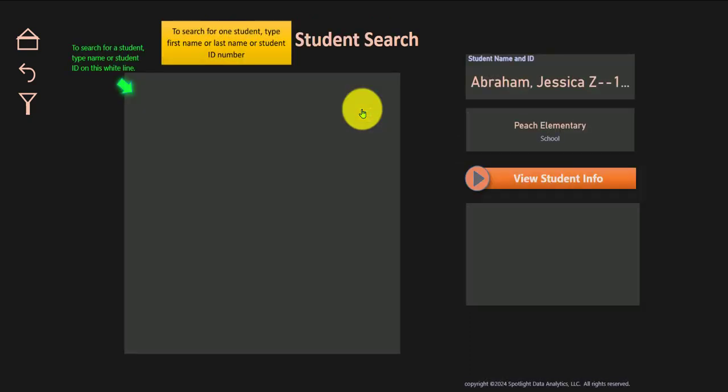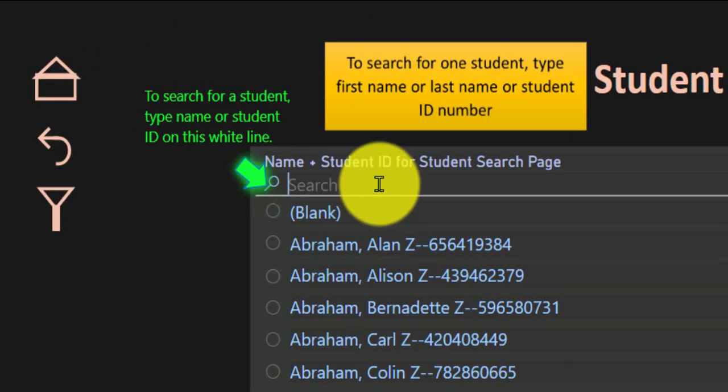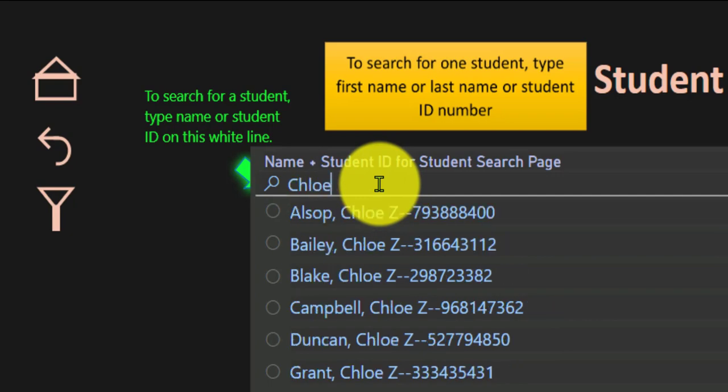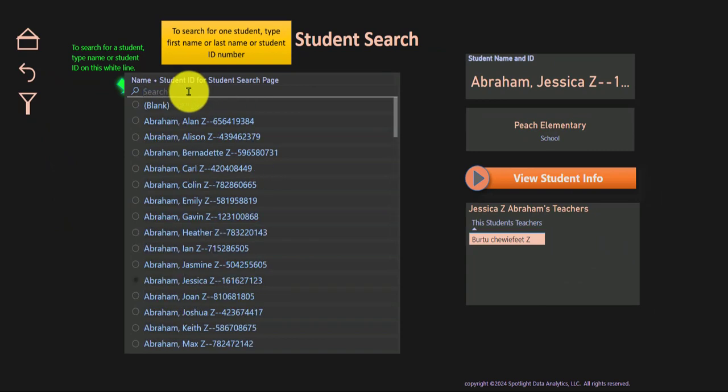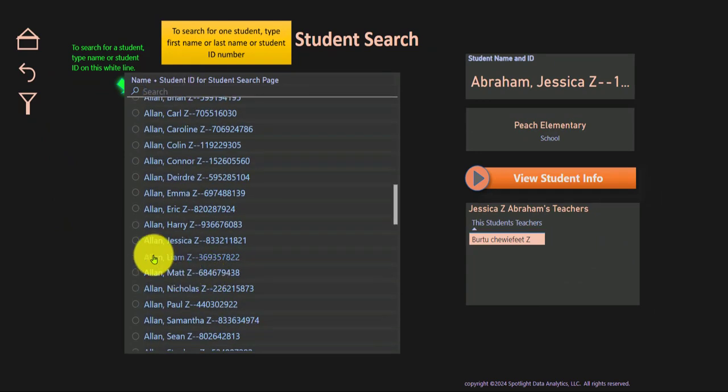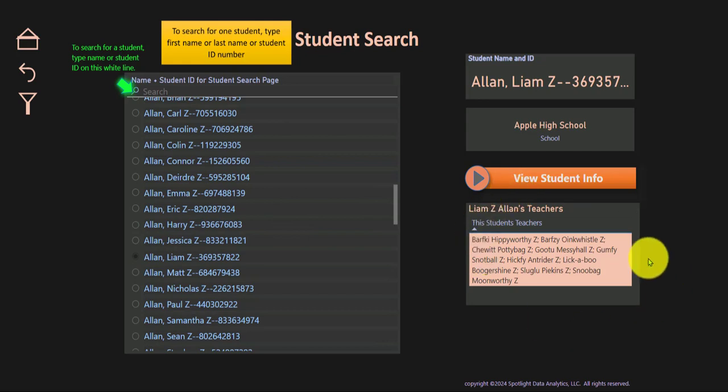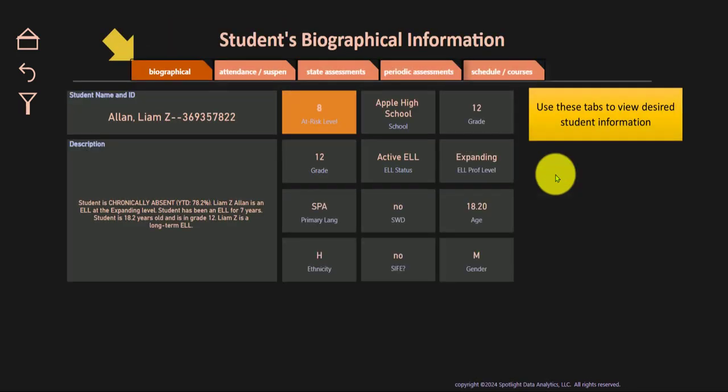You'll go over here. You can type in a student's name or their student ID or their last name, and then you select the student. Here you will see the student's teachers. If this is the correct student, you'll click here, view student information, and you'll see all of the student's information here. Here there's a tab,